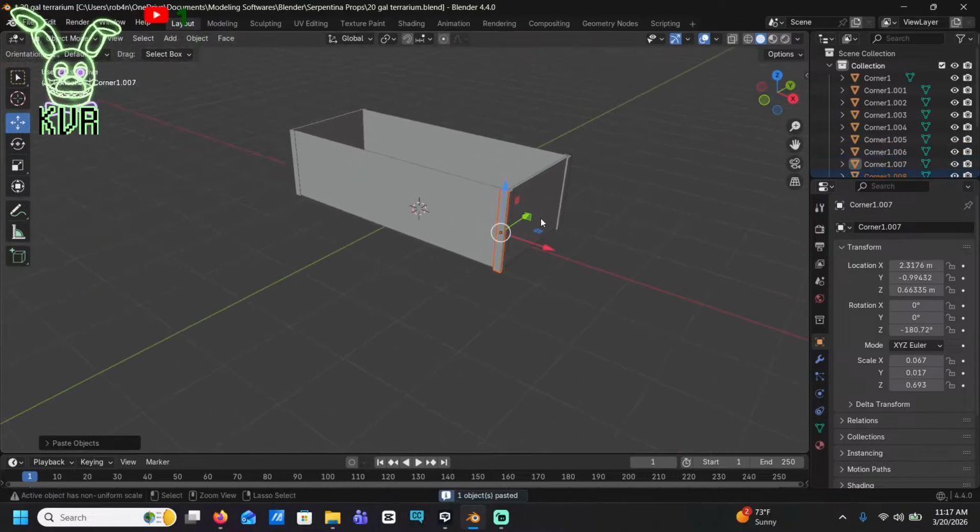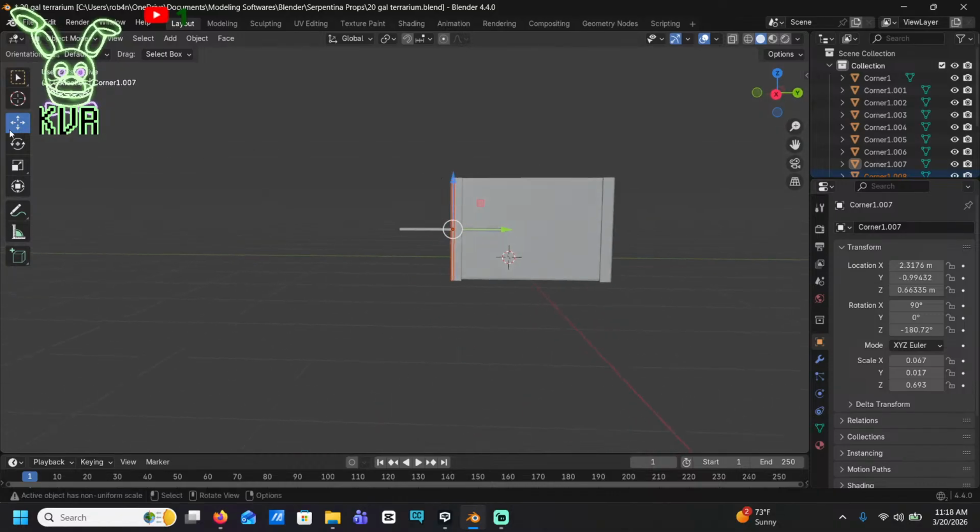Okay, now I need another one of these. What do I need to rotate it on? Hold on, I gotta think about it. I think it's the x-axis. It'll work. I need that anyways. Hold on. Wrong thing.